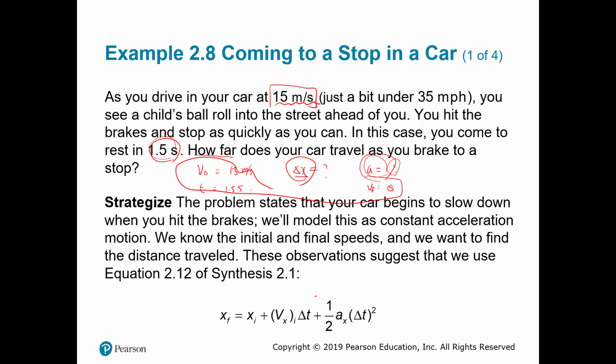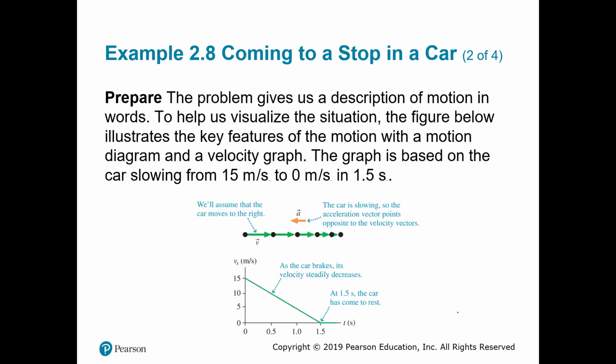So now don't look at the solution. The textbook solution makes you more confused. So use my method, okay? So our delta x is 1/2 v initial plus v final times t, right? So we are looking for delta x, which is 1/2 times v initial, which is 15, plus v final, which is 0, and the time is 1.5, right? So then if you solve this one, you will see